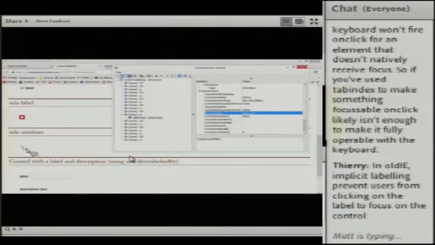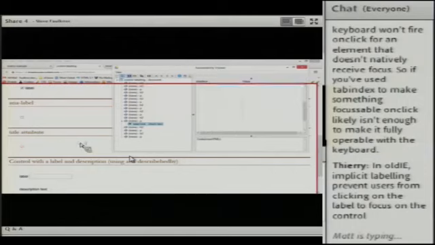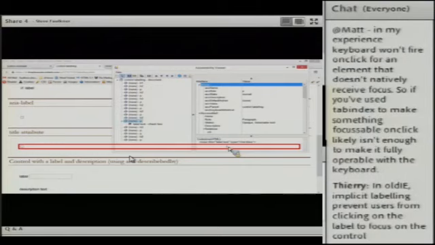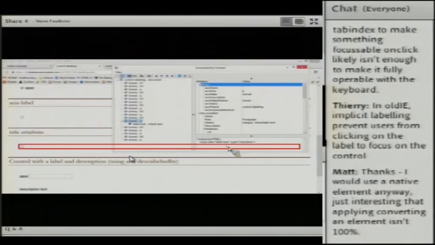Now, let's have a look at the title attribute. One thing to note here is that in the absence of any other form of labeling, whether it be ARIA labelledby or a label element or whatever, the browser maps the title attribute to the accessible name.